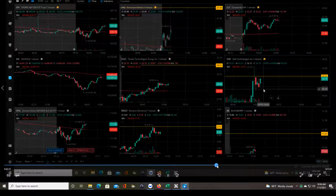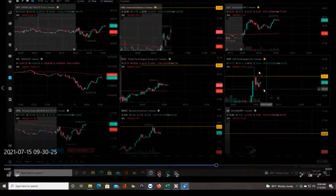So now my strategy and plan says that when I get stopped out of a trade, as long as the price hasn't come down below point A, which it hasn't, that's way down off this chart, then I have to get back in on the next entry, which would be the next time a 1 minute candle makes a new high. Now each time you do that, when all this other criteria have been met, the probability increases that the trade works out,